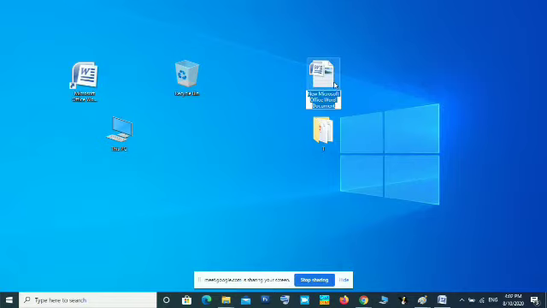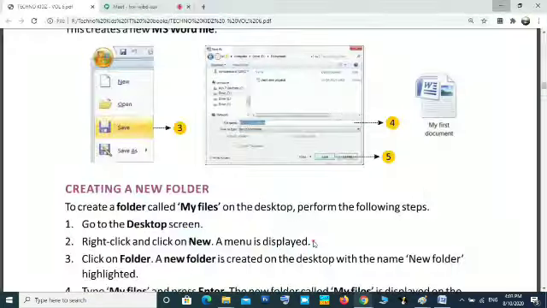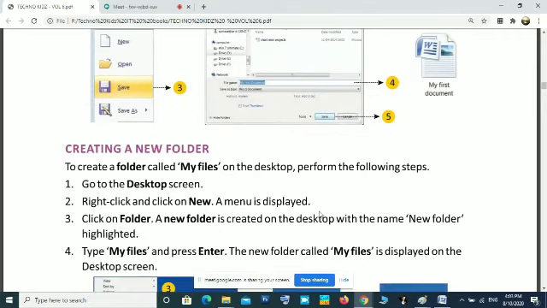Now a Word document will be created and you can give it a name. I am giving TTTT. Nothing will be in it because you have not typed anything. This is a blank Word document. Another way is to open the application, do something in it and save the file. That also will create a file.